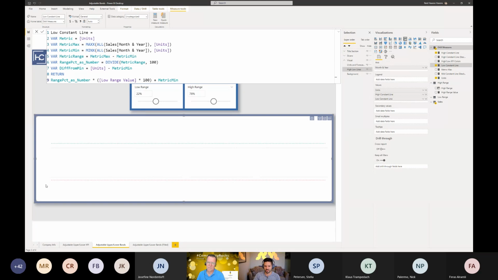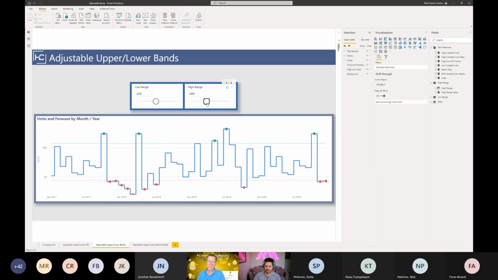And then I turned off everything else. I either colored white all of the elements to basically make it disappear, or disabled them. But through sizing and making sure that they're correctly on top of each other, it allows me to then have as a background object behind it the bands that are needed, since they're all based on the same values, and they have the same axis, by the way.